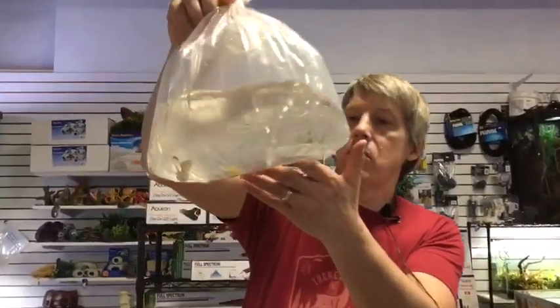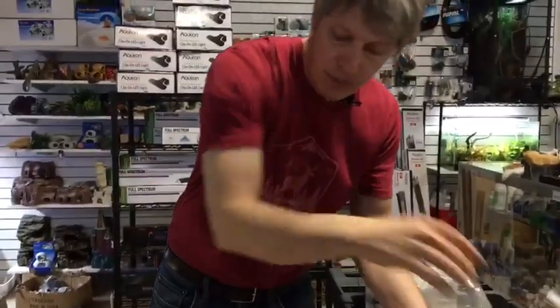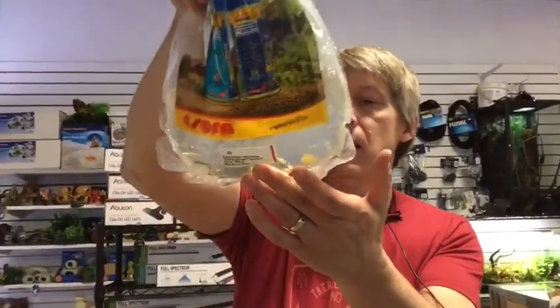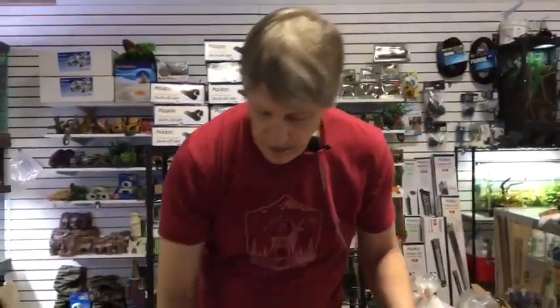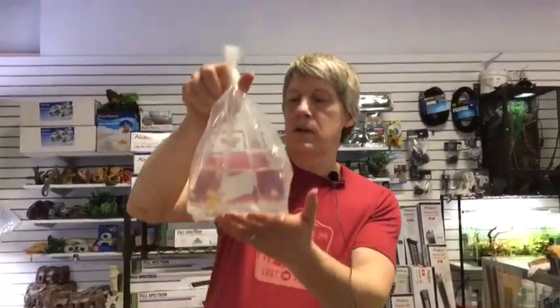Let's see, Corys. These are Peru Leopard Discus Cory, C102, or Leopard Corys. Very, very pretty Cory. Nice size on them, pretty good price on them. Very much a favorite of mine. Another type of Cory. These have been so hard to keep in stock. Dainty Corys. Between being limited in supply and very fast to sell out, dainty Corys are your dwarf Cory with